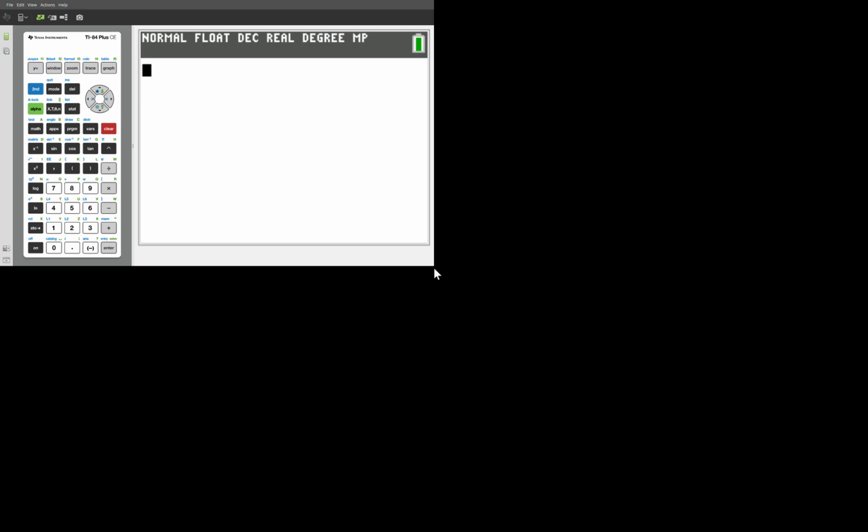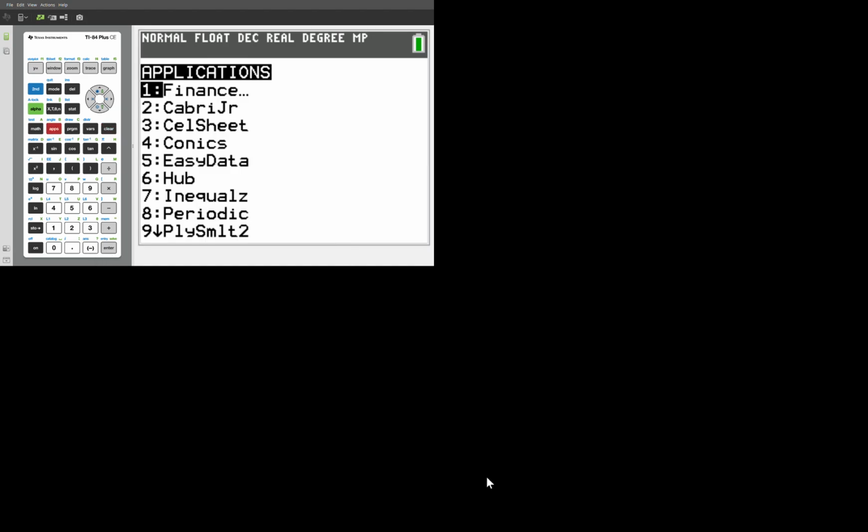Okay, so we are going to solve for t in the equation 0 equals 250 minus 6t minus 4.9t squared. In order to do that on the 84, what we're going to want to do is go into our apps,